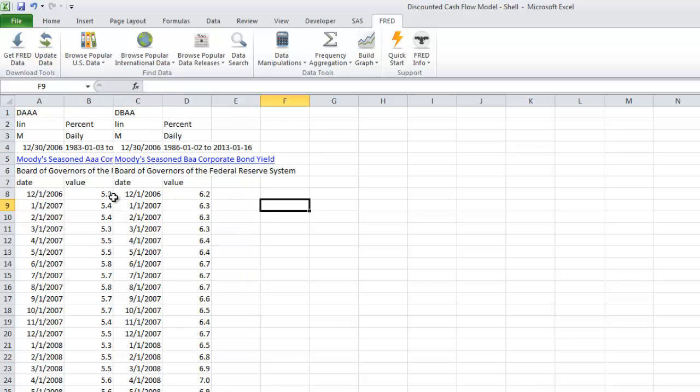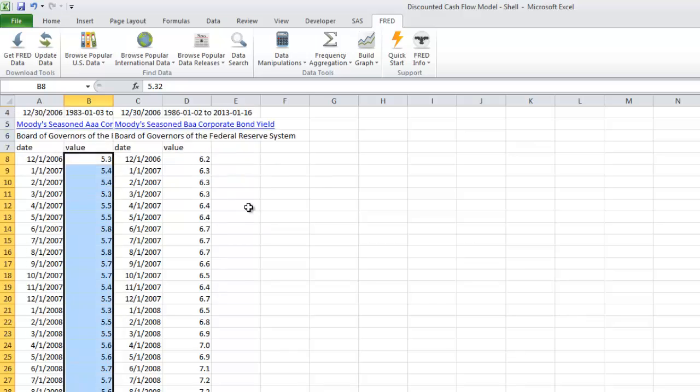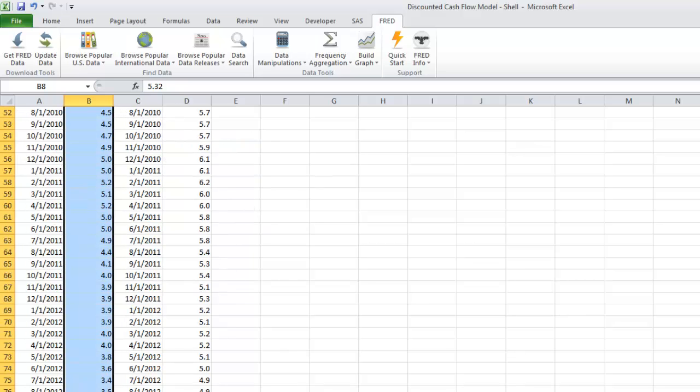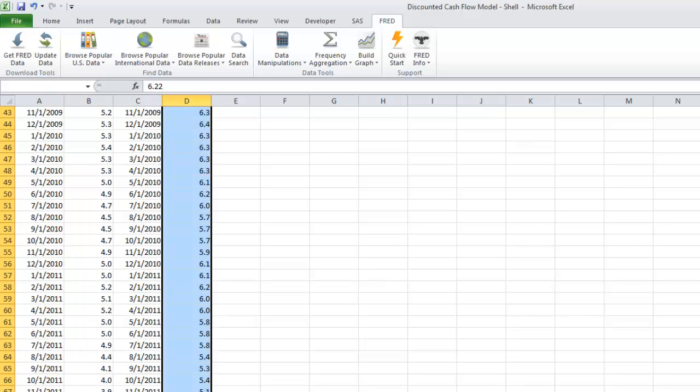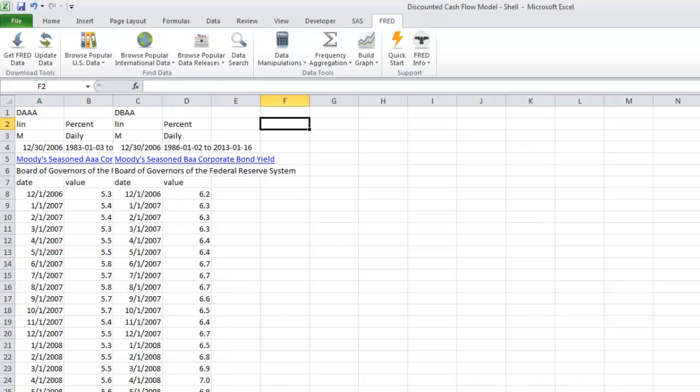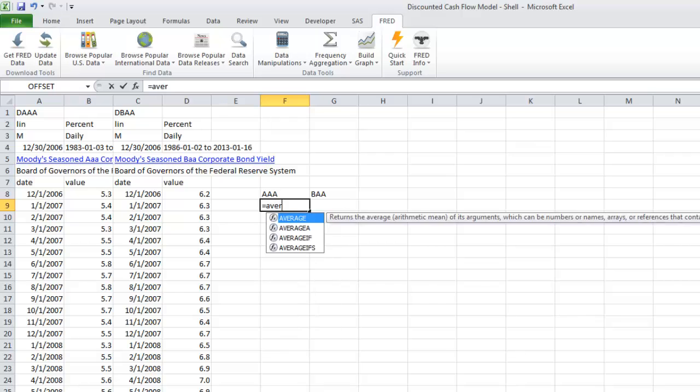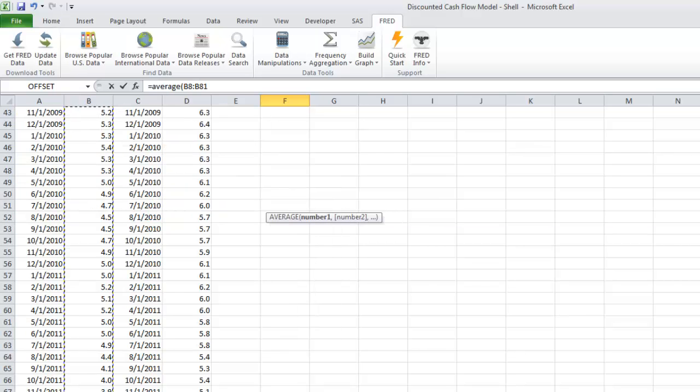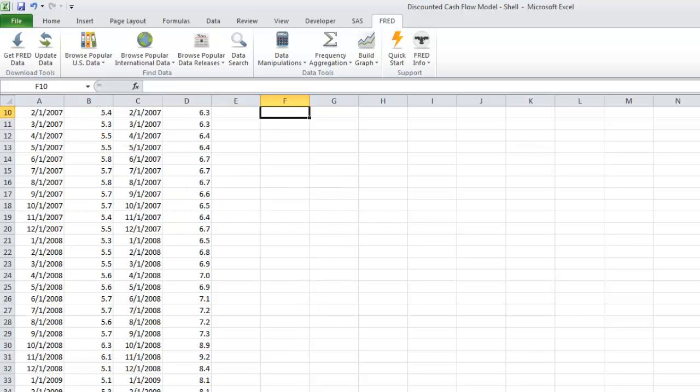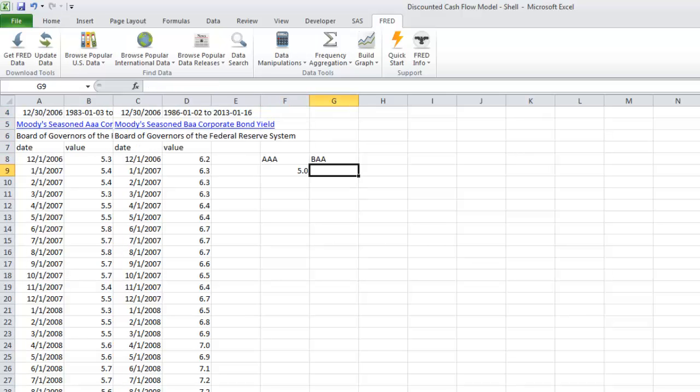And now we can just calculate the average of these yields. So you can see that since December of 2006, the average yield to maturity on AAA bonds has been 5, and on BAA it's been 6.3. So we can just identify that right here. AAA, BAA, we can just take the average, do that, and again just take the average,